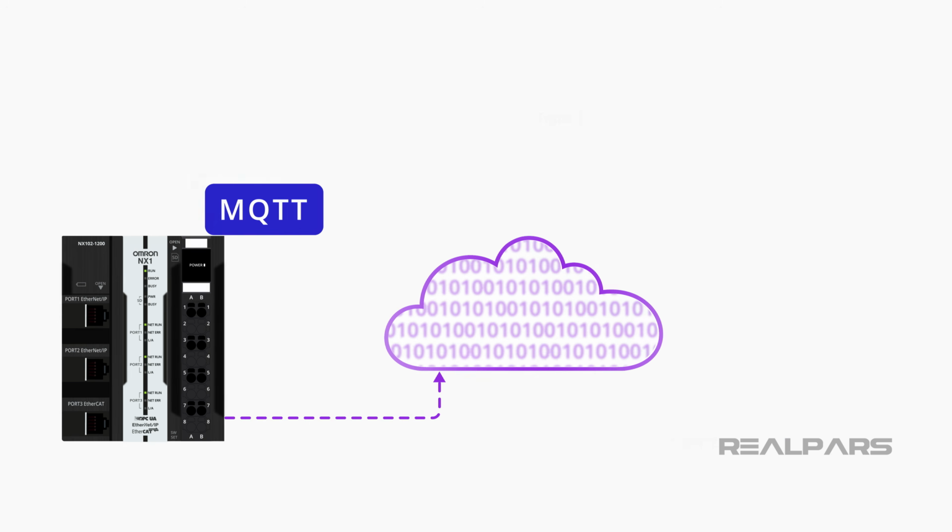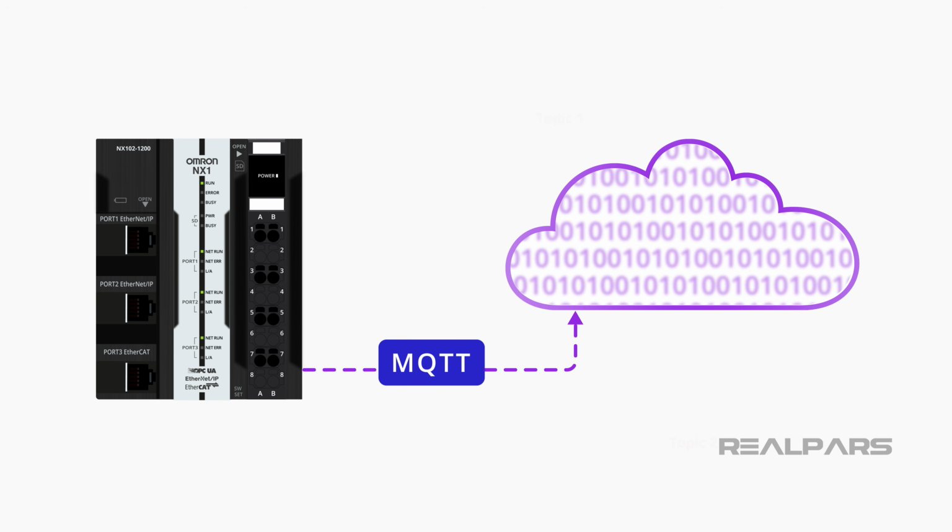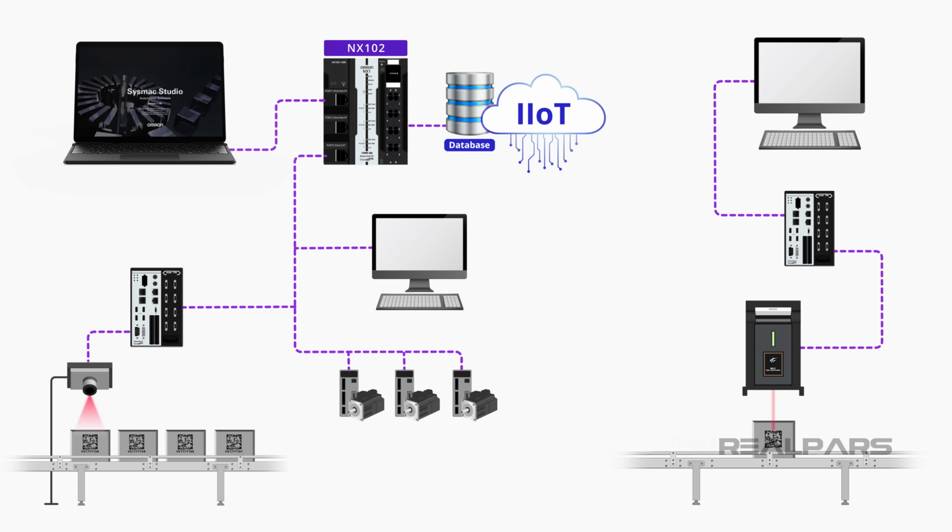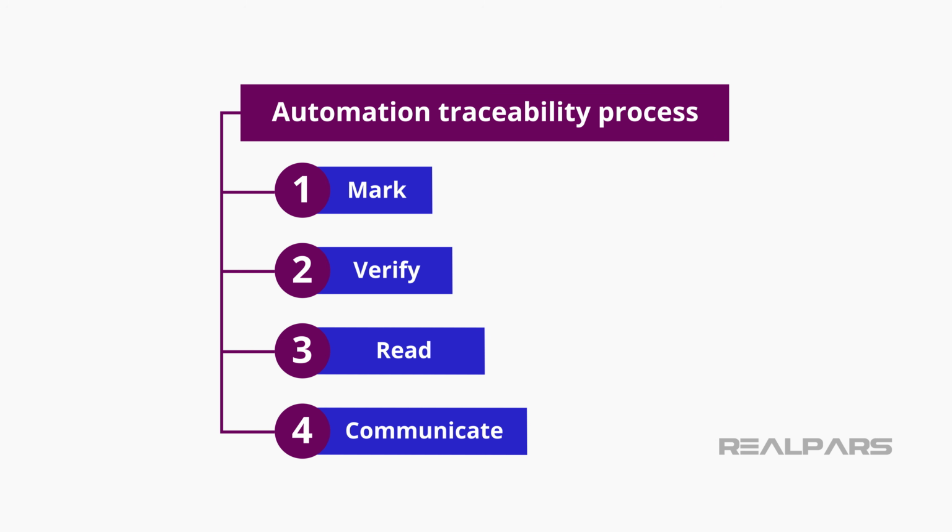services. In this video, we're going to show you an example of how product quality can be greatly improved using an IIoT-ready Omron NX102 PLC and the MQTT Industrial Communication Protocol to track work in process and finished goods. We'll show you how several technologies and innovations combined to utilize product and process data to ultimately improve quality and production efficiency. Omron uses the term automation traceability to describe the product quality improvement process.